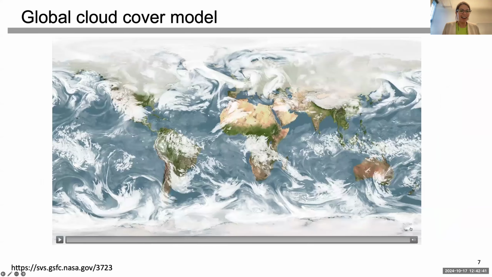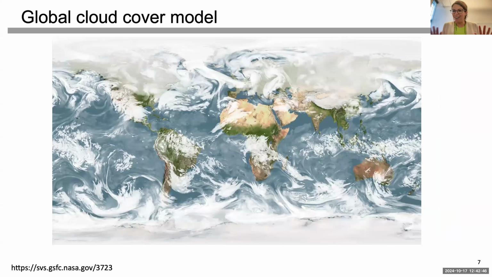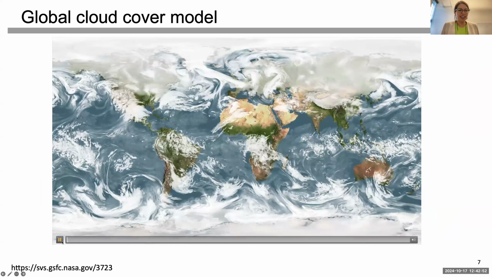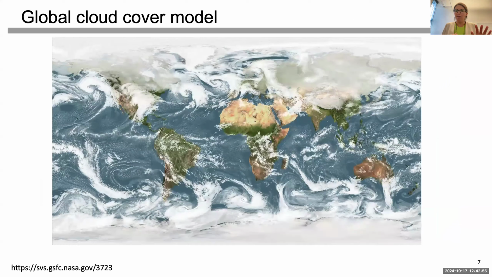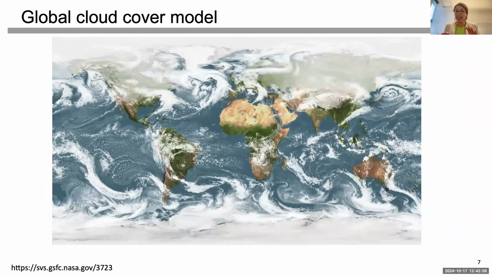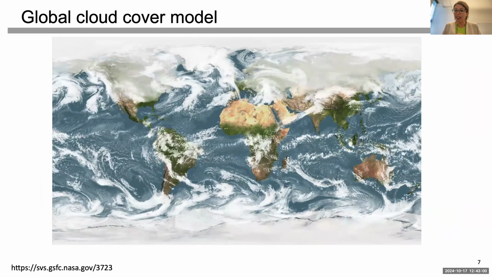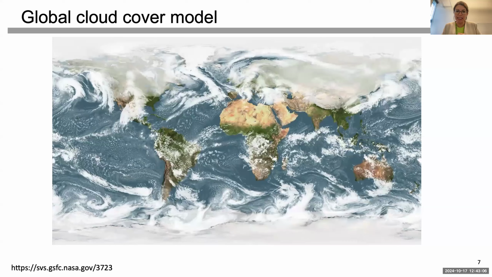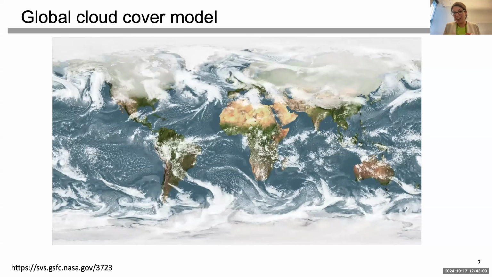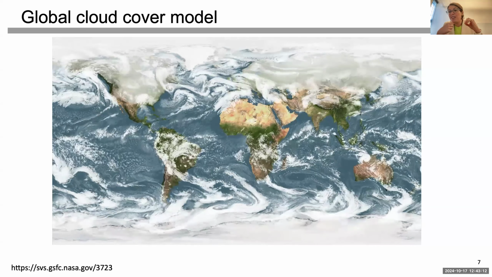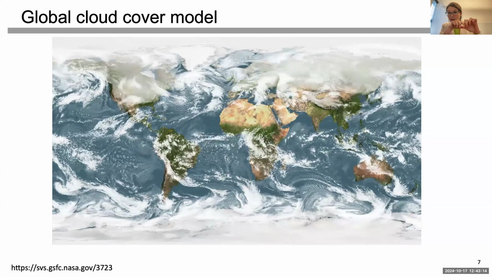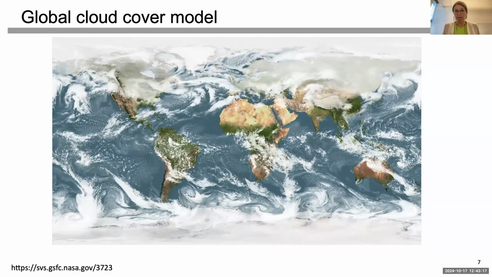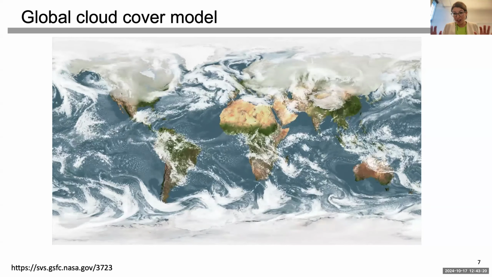To prove that, I have an image of the global cloud cover model, and everything you see in white are clouds. So this is either liquid water or ice. You can see it evolve over the Earth, and this is ever changing, and knowing how to predict this is very important. Where clouds form in the atmosphere is important for radiative balance. So there's a lot of research in understanding how these little cloud droplets, for me, act as mini chemical reactors, where a lot of chemistry can happen,